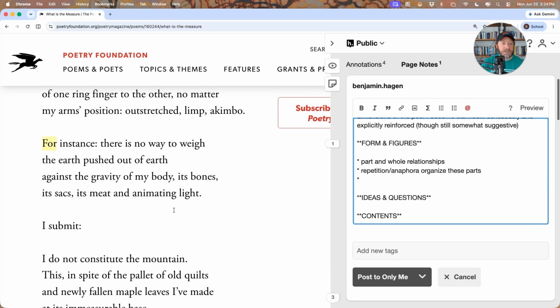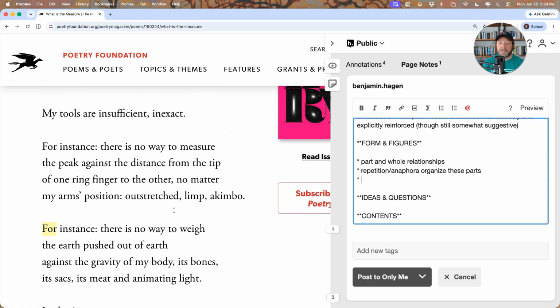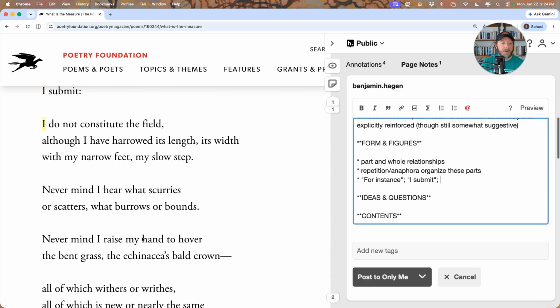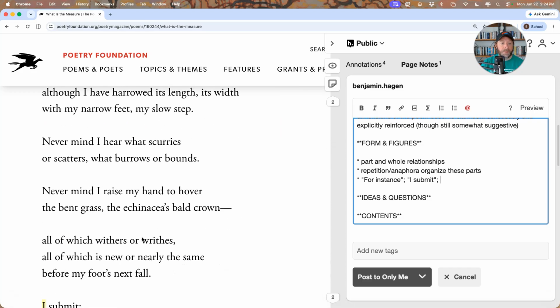So you have, for instance, which I brought up before in other sections, "and I submit," all of which we can see how the repetition of these line beginnings do kind of help us section off the poem.